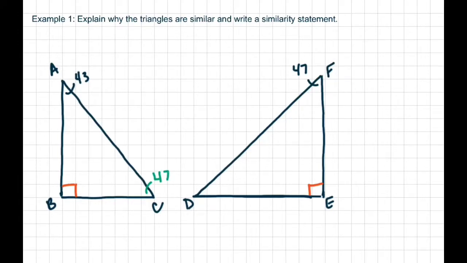Okay, well now I can see that this is going somewhere. So if I add 47 and 90 on triangle DEF, I get 137, and when I subtract that from 180, I get 43. The shortcut would have been just to subtract 47 from 90,